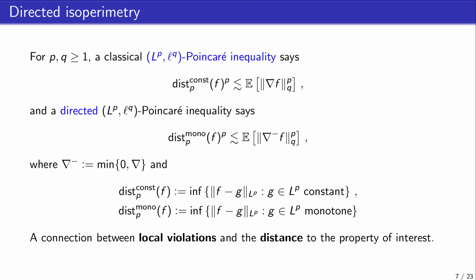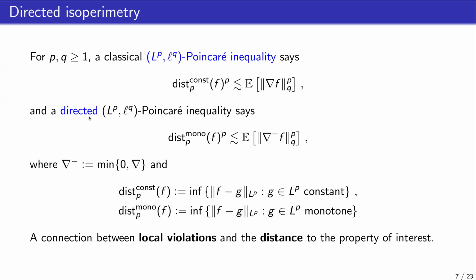And now I want to convince you that the connection goes much further, and forgive me for one slide with a little bit of definitions here. So here's the language that I need to talk about this connection a little bit more deeply. There's going to be some p and q, which are exponents about how to take L^p norms of the vectors that we are taking. Don't worry too much about it. p and q are just some reasonable fixed numbers. And I'm going to say that the classical Poincaré inequality in this L^p L^q world is something like what I just told you about: distance to constant is at most the norm of the gradient. And then I have the appropriate exponents and norm indices here.